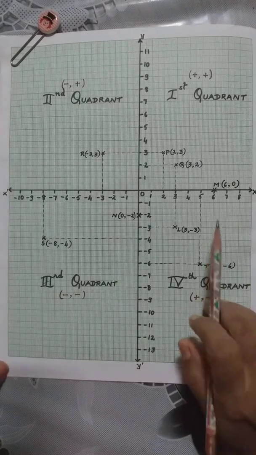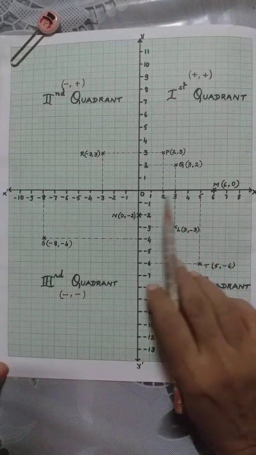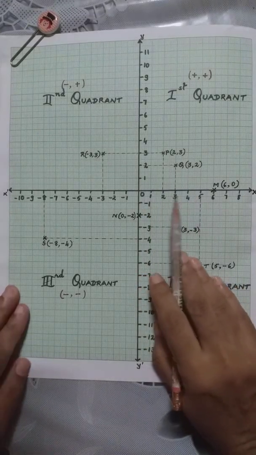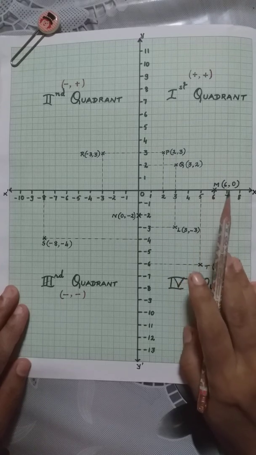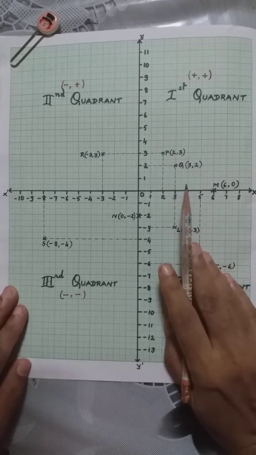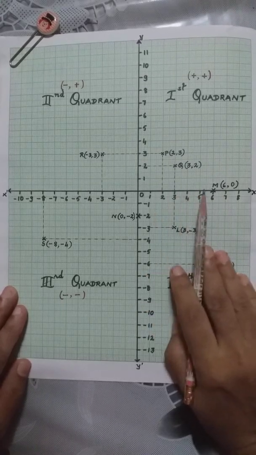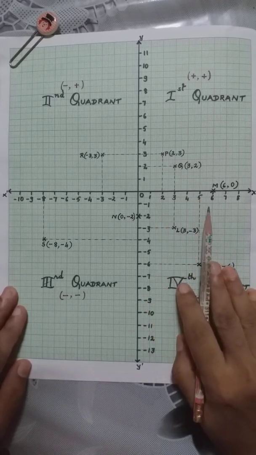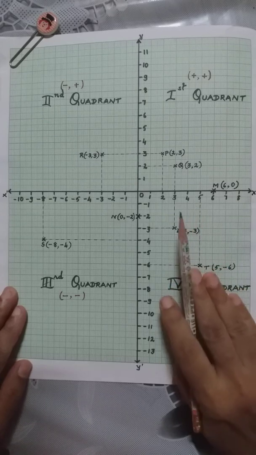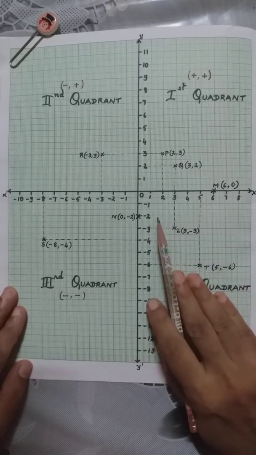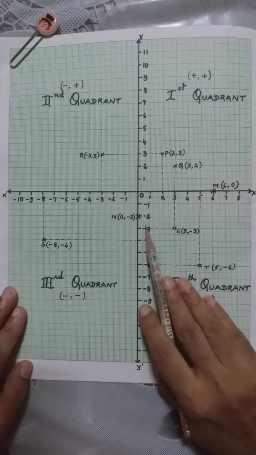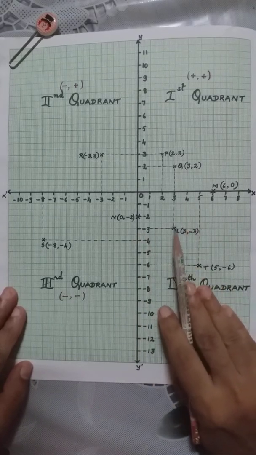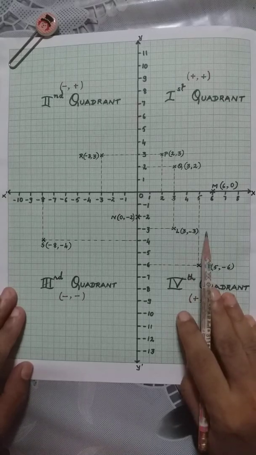We begin with the seventh chapter in geometry, that is coordinate geometry. Now, when we say coordinate geometry, it is mainly to fix the position of a point in a plane. Now, when we talk about a plane, what do I mean? It can be a plane which is either horizontal, like the top surface of a table, or it can be vertical, like any of the walls in a room.